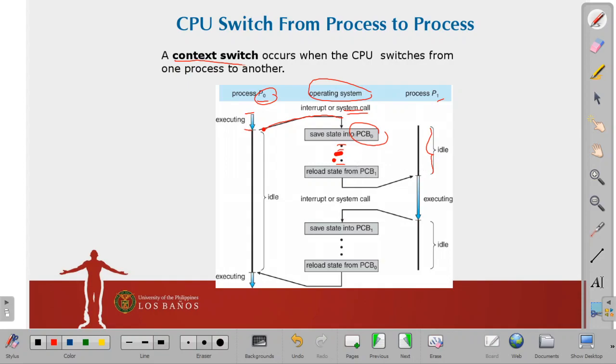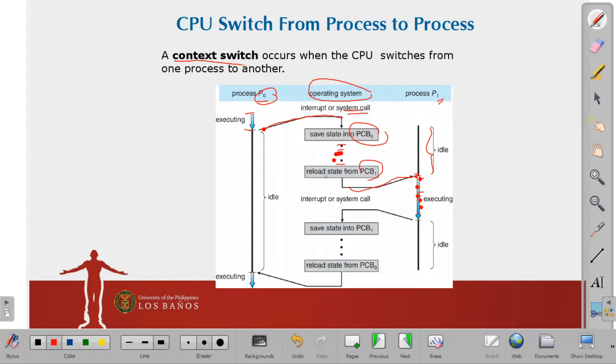After the operating system determined, based on some scheduling criteria, that instead of running P0, it decided to run PCB1, it will reload the stored state of P1, which is PCB1, and then transfer control to process P1. The OS will transfer to process P1, then it will begin